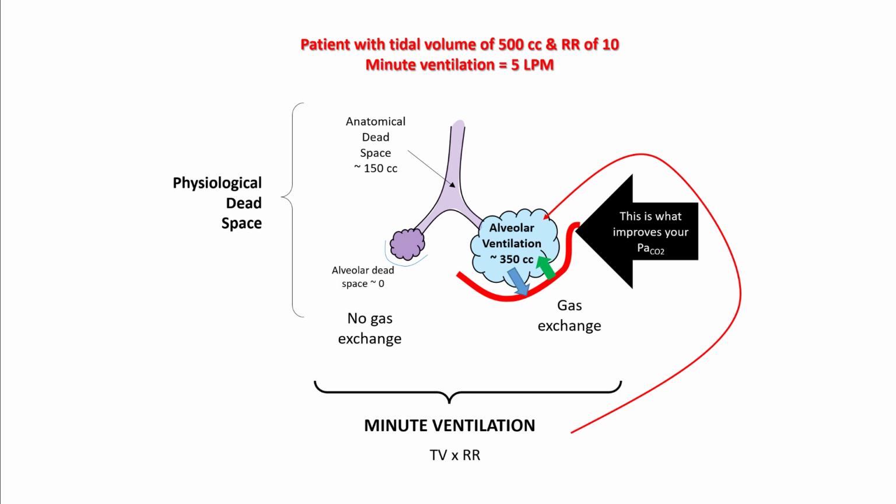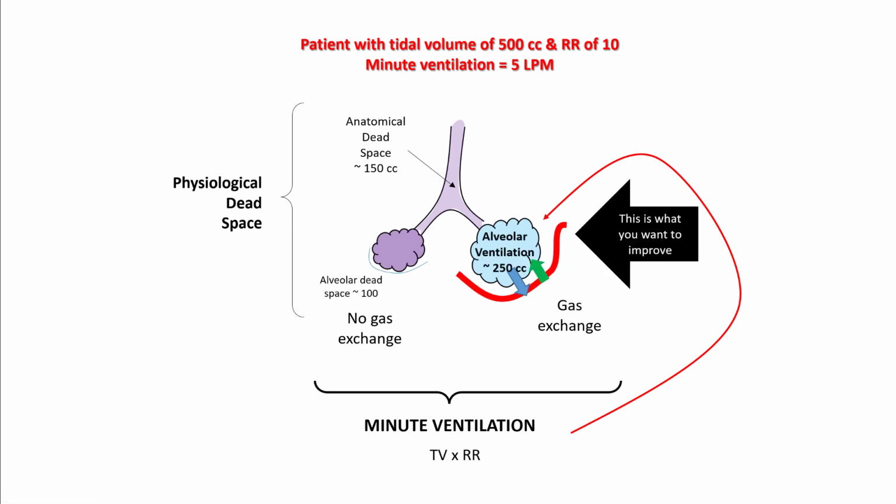Minute ventilation is nothing but tidal volume times your respiratory rate. If you're breathing 10 times a minute, your minute ventilation is 5 liters per minute. And out of 5 liters, around 1.5 liters are going to go into anatomical dead space and 3.5 liters are going to alveolar ventilation. If you have alveolar dead space, say for example 100 cc's, and your tidal volume remains at 500,